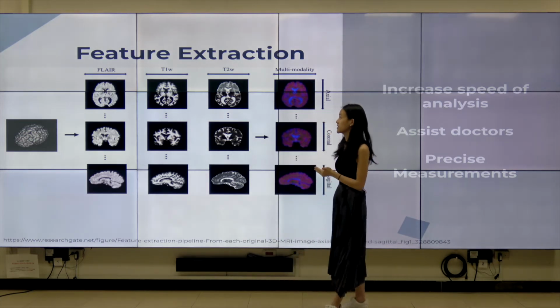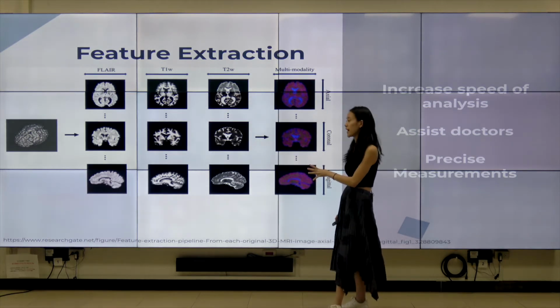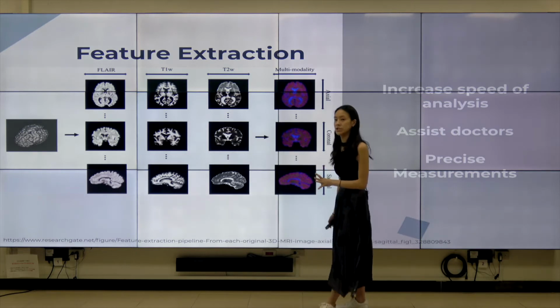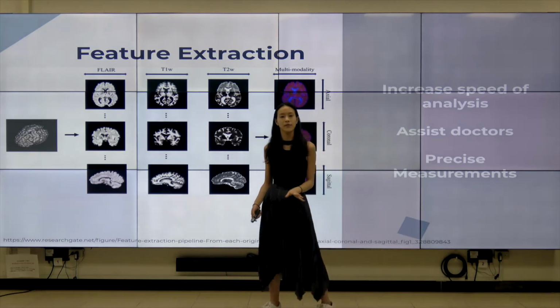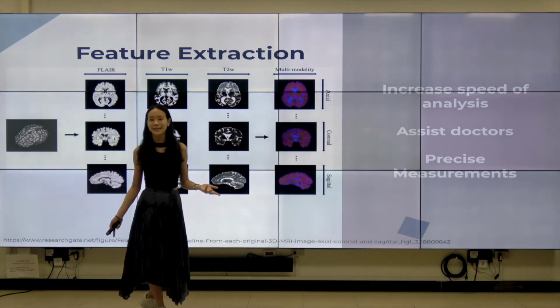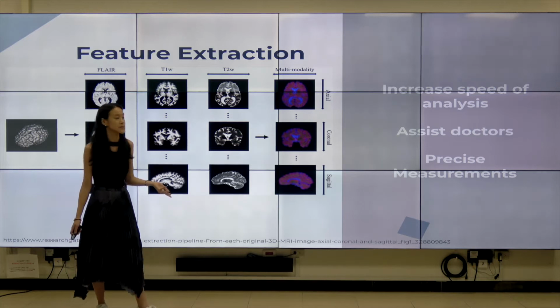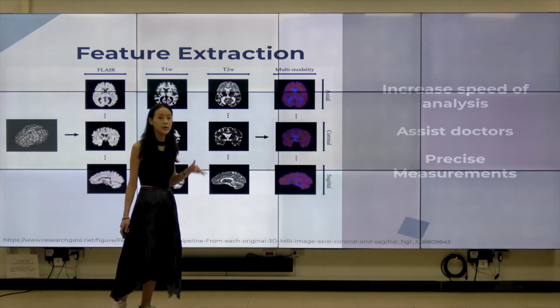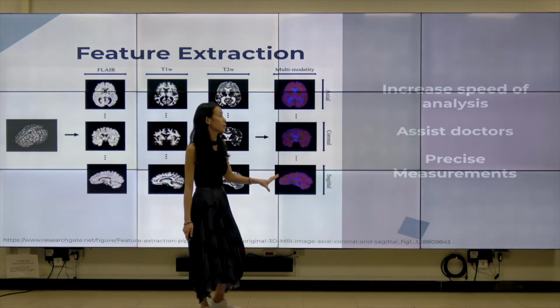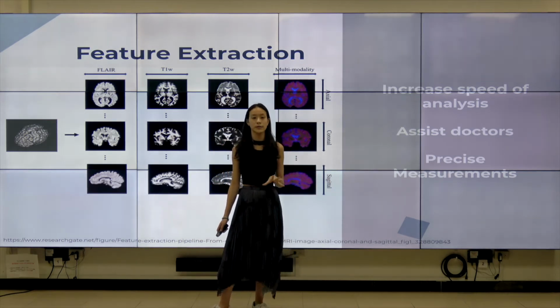So as you can see here, these are different kinds of images. What you can imagine is that with each of these different images, you're looking at different aspects of the brain, and then you're analyzing the volume or the surface area, and using all these different kinds of features, including compactness. We would be able to collect all this information all at once in order to assist doctors in this whole prognosis process.